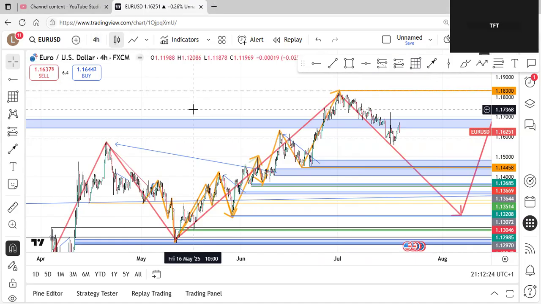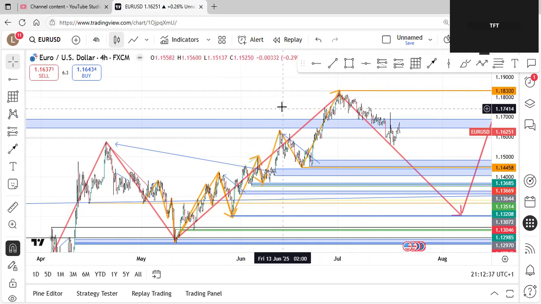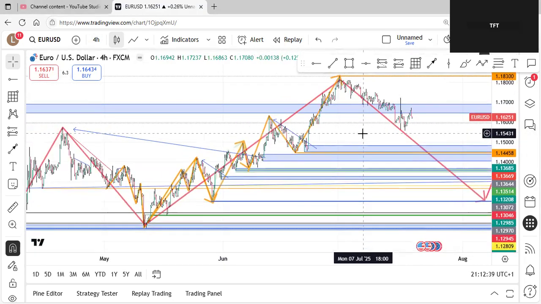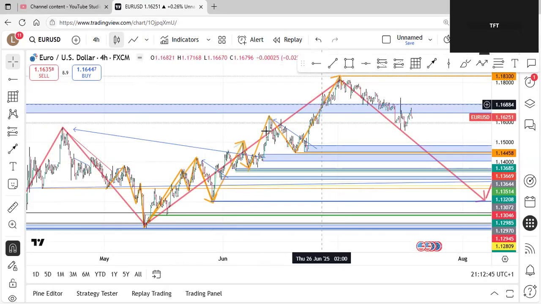So a lot of people do get stuck on the lower time frames, mainly the 1 minute and things like that. But I'm a very picky trader, so I'm more than happy to wait for this order block that caused this high to be taken on the 15 when I know that the 4 hour is